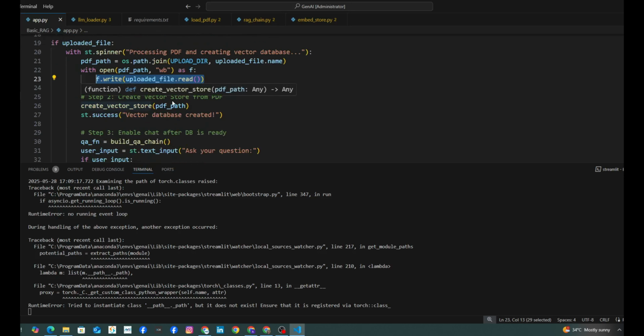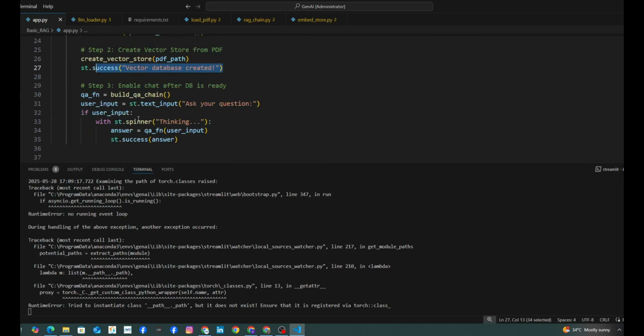And then we create a vector store using the PDF. Once the vector store is created, we enable the chat after our vector data store is ready and the user can ask the question. We are using another spinner called thinking,